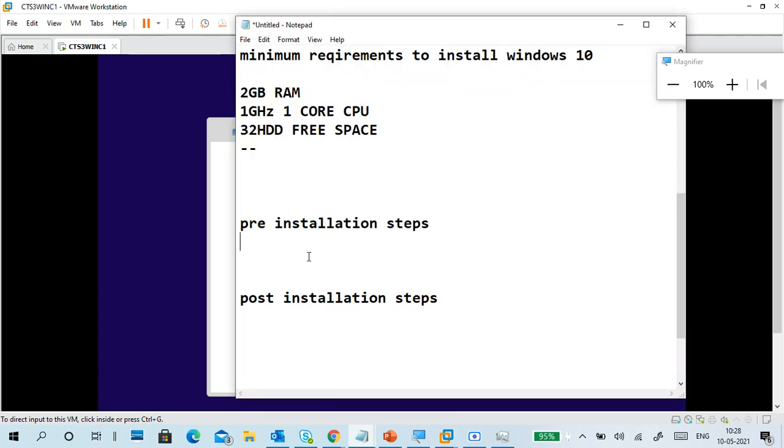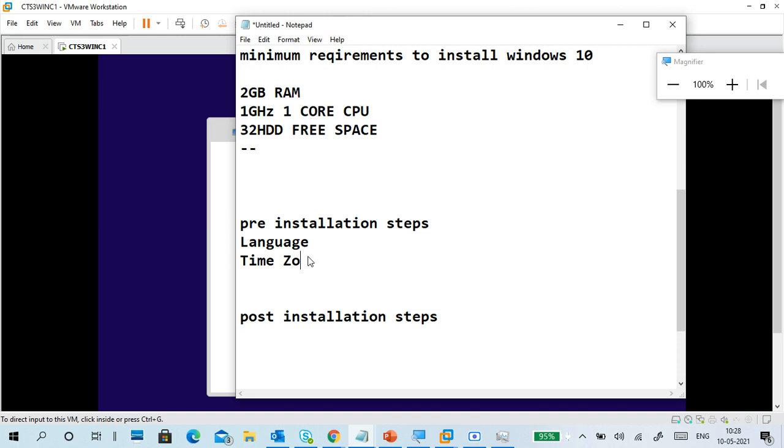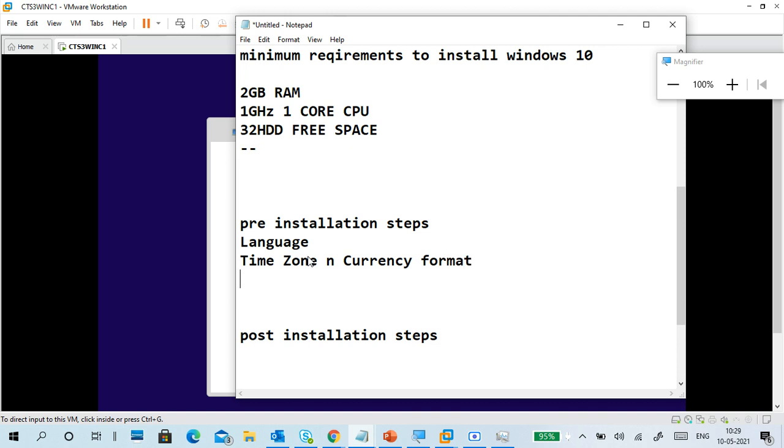So what are the pre-installation steps? Language, time zone, and it also shows currency format, like rupees.